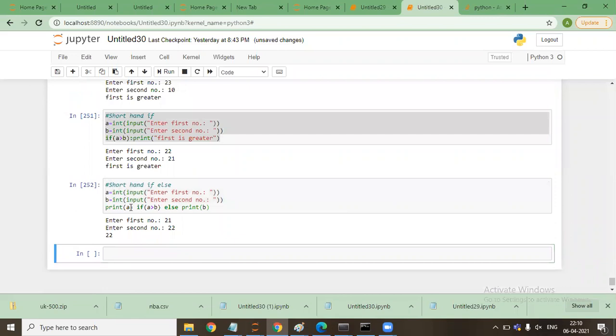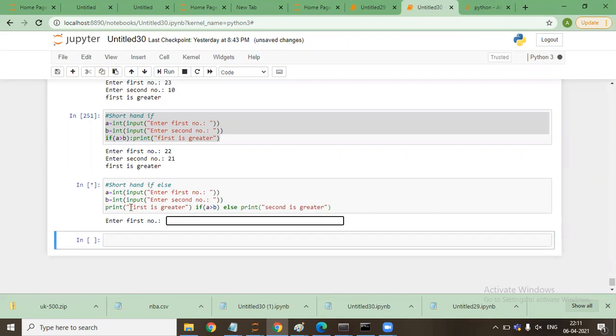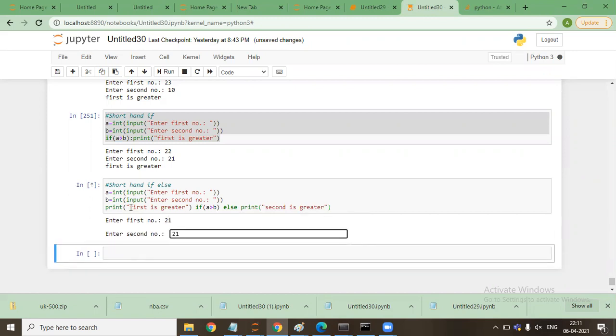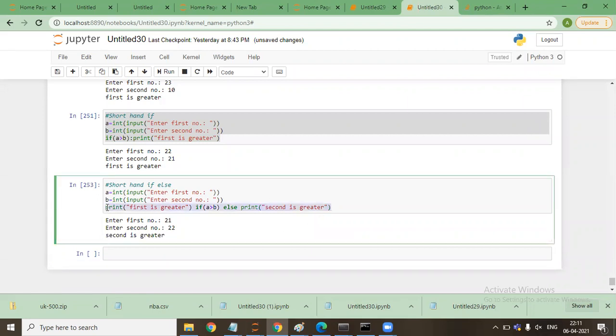In a similar way, I can say print first is greater if A greater than B, else print second is greater. Now the earlier conditions that I was trying to write in multiple lines, I have written in a single line.